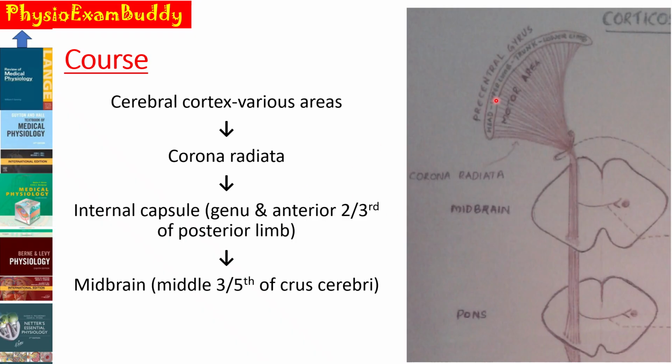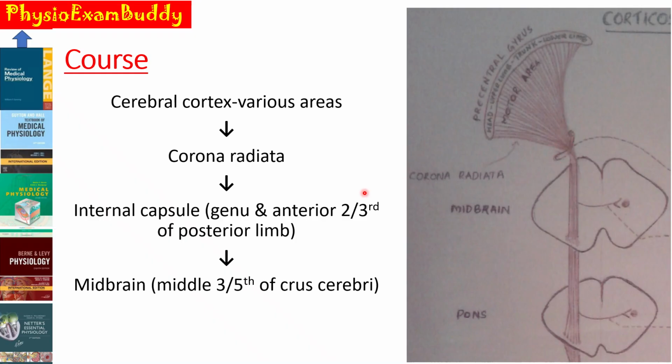So I have already told it arises from the three areas, that is 30%, 30% and 40% from the various cerebral cortex areas. And fibers from here join together to form the fan-like structure here, that is the corona radiata. Okay, so this is the cerebral cortex, motor areas as well as the somatosensory area from where the pyramidal tract fibers arise, and the fibers join to form the corona radiata, which will reach the internal